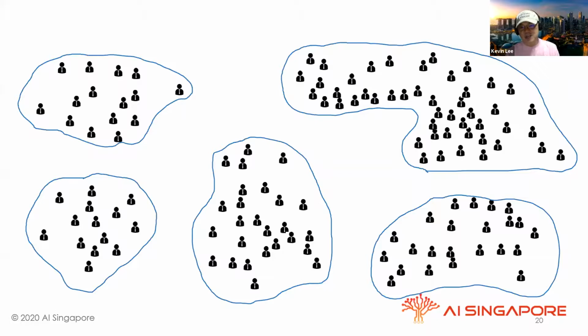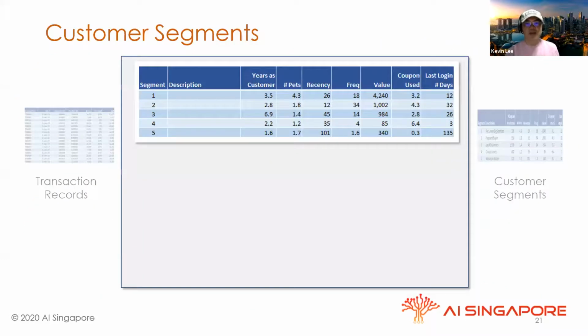Within each cluster, those customers are deemed to be most similar to each other. And once you're able to do that, then you can do an average like this. So that means 5 segments. In each of these segments, it has some characteristics. Like the first segment, you see that, hey, this first segment actually has more pets. They own more pets than the rest, and they purchase the most value. So you would say, okay, this segment sounds like they are pet lovers and big spenders.